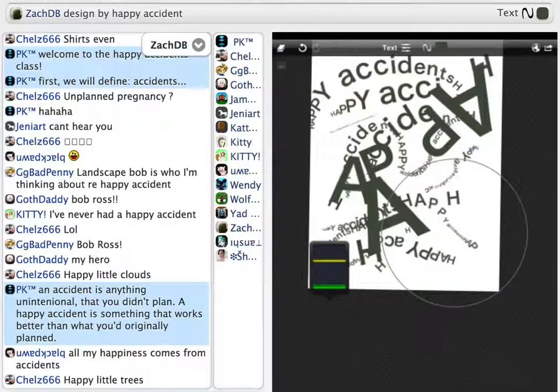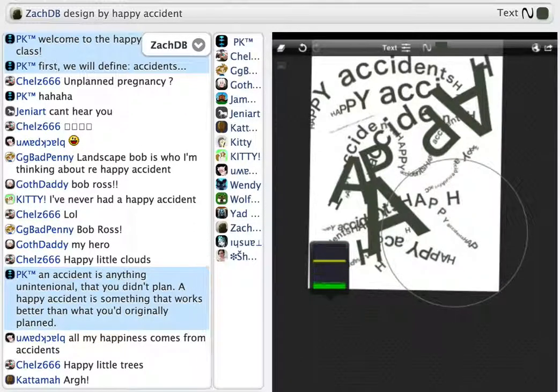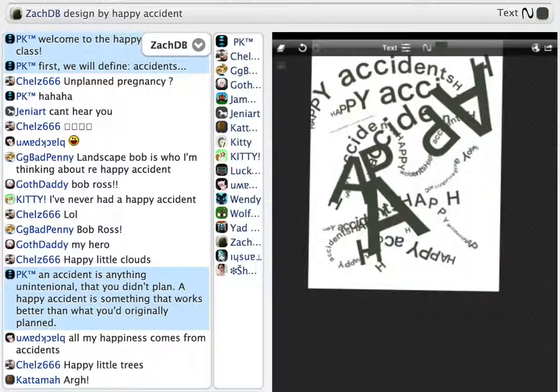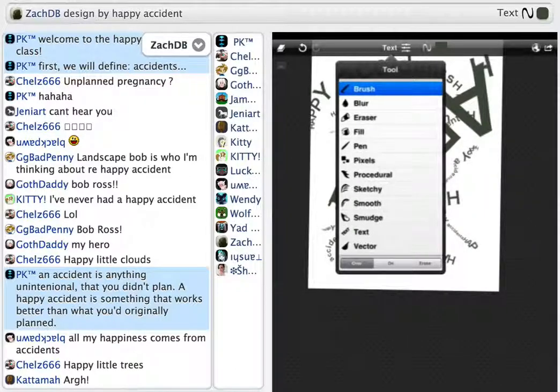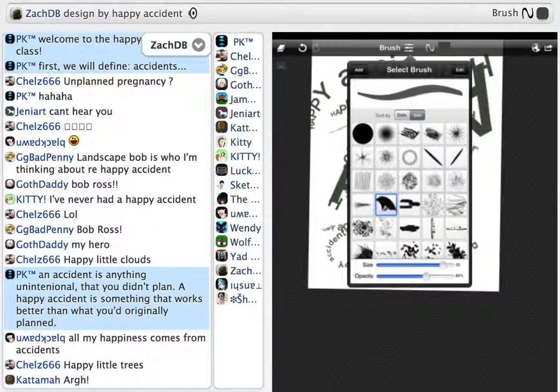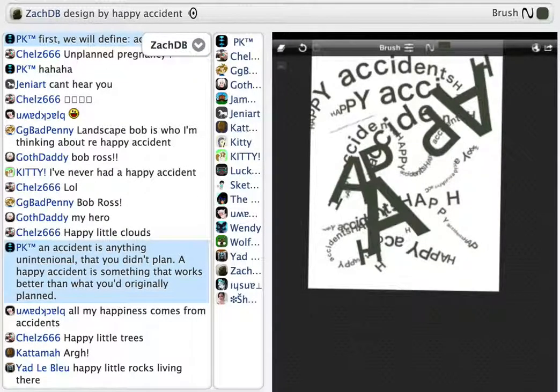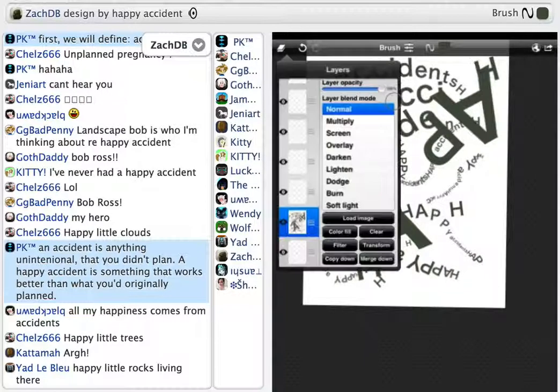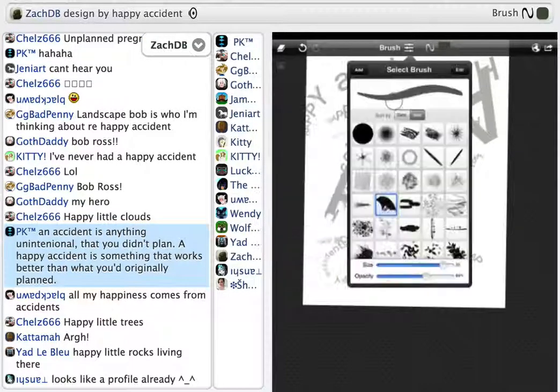So, to start, I've already kind of really screwed around with my canvas, and I'm going to start painting something. You always have to have an idea to start with in order to have an accident. If you just start painting randomly, that's just painting randomly. It's not an accident. It's an unplanned painting. So what you need to start with in order to have a happy accident is to actually have an idea of what you want to paint and let the painting evolve through the accidental marks that you make.